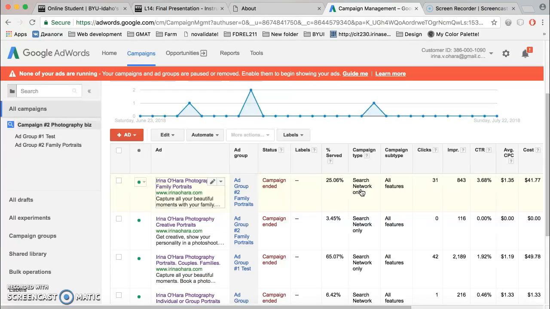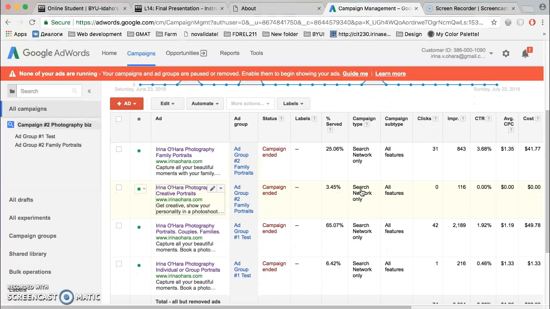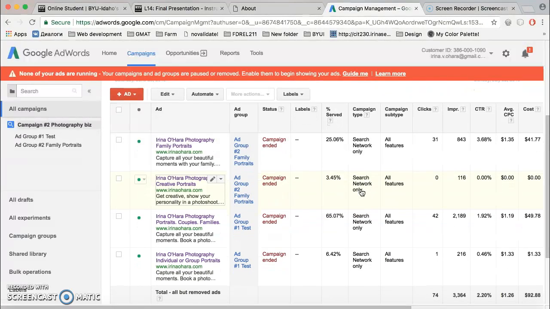I ran this campaign and I used 2 ad groups, and each group had 2 ads, and kind of in the middle, closer to the end of the campaign, I actually called Google and asked for their recommendation, and it took them maybe like 15 to 20 minutes to evaluate my website and put together a list of possible improvements that I could make to increase the number of impressions and clicks, and just overall improve the